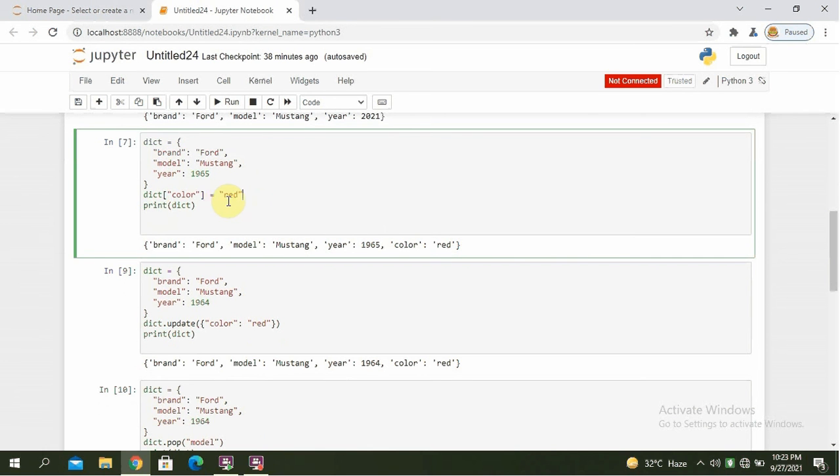Dictionary color equals red. Print dictionary. Run it and the output will be brand colon Ford, model colon Mustang, year colon 1965 and the color colon red. Here we are adding an item to the dictionary, that is color colon red.